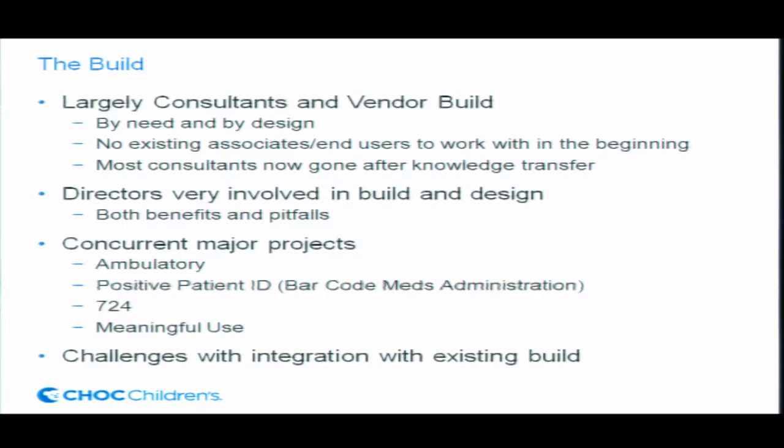So the build for all of these systems largely was consultants and vendor build. We contracted with Cerner to do it. That was both by need and by design, because at the time that we were building these systems, we didn't have end users, because remember, these departments were all new and had previously been at St. Joe's. So we didn't have the luxury of bringing in a group of subject matter experts, and at least initially,